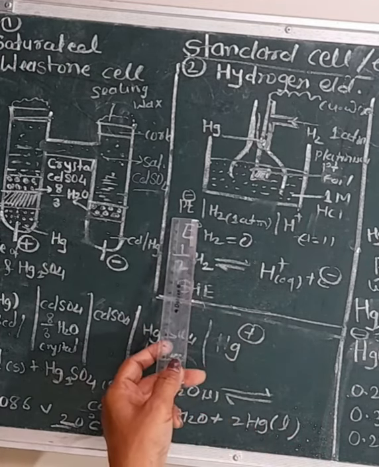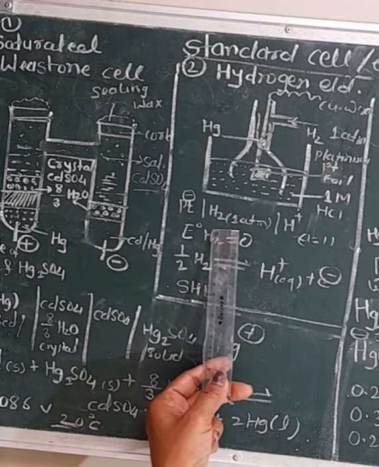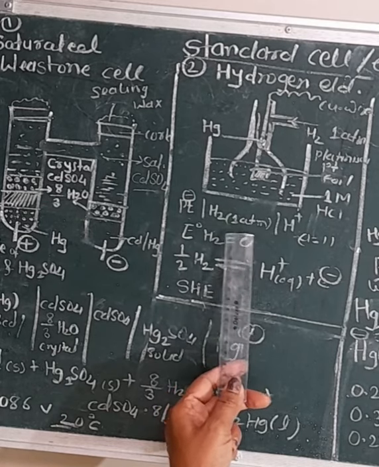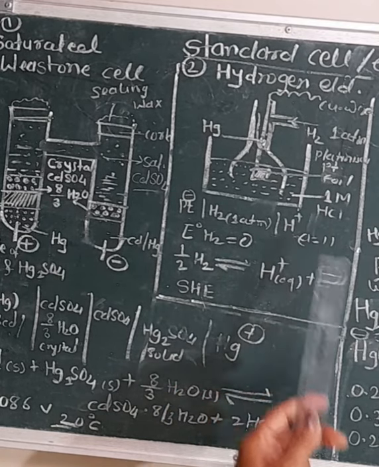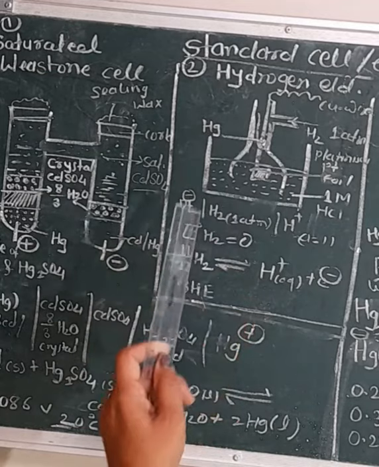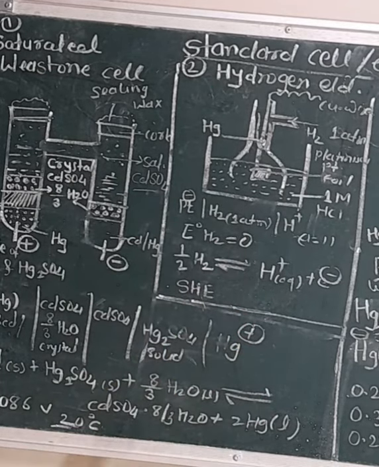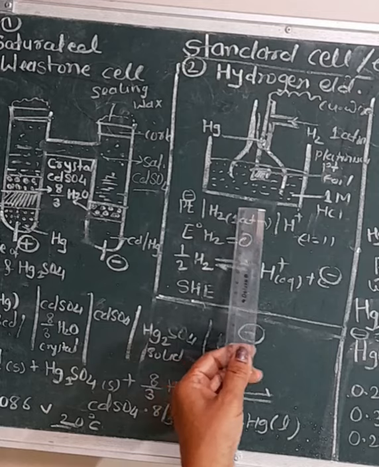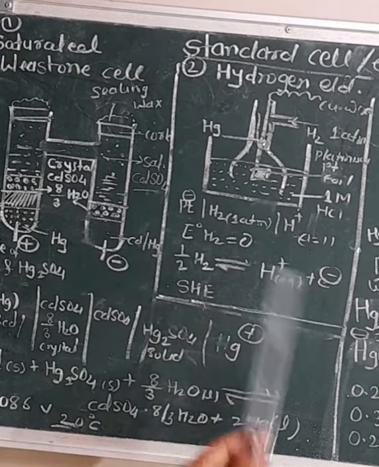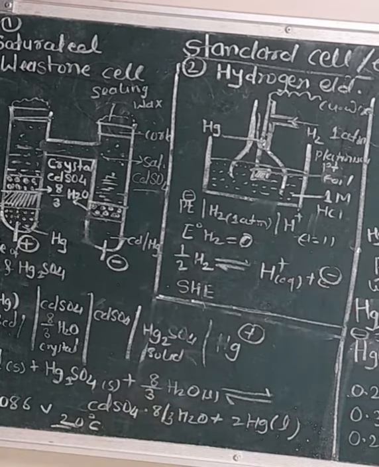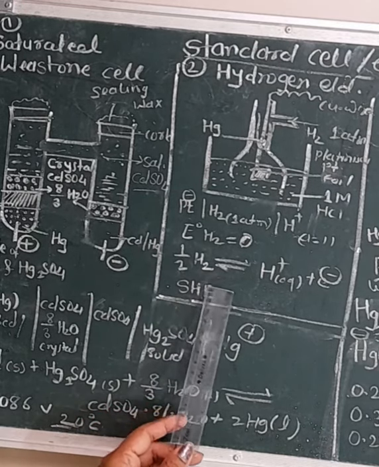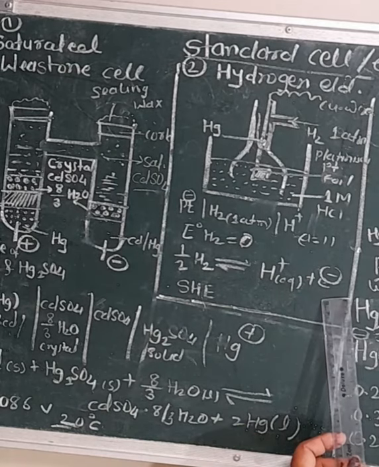Then this is the representation of the cell. It's very important: platinum, then hydrogen gas at 1 atmosphere pressure, and then the H plus ion, meaning hydrochloric acid. The platinum wire is in contact with this solution having activity 1. If the concentration is 0.1, you have to mention 0.1 here. Now the potential of the hydrogen electrode is 0, it's a standard one. And now the electrode reaction: 1/2 H2 gives H plus aqueous, and 1 electron is evolved.